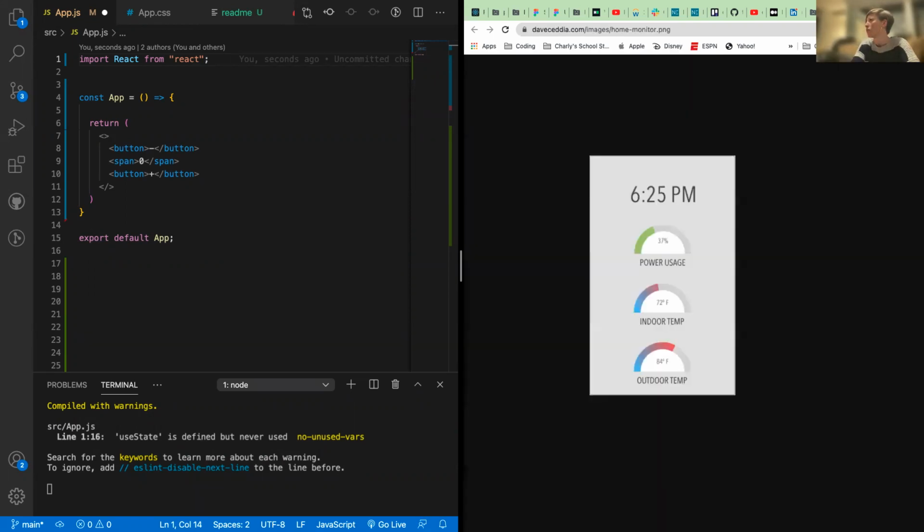And I wanted to show you this little visual. So here's an app for your home. And what on this changes? Pretty much everything, right? Like 625, that's going to change. The percentage of the power usage, the temperature, the outdoor temperature, they're all going to change. And if they're going to change, they have to have state. That's the only way that they can change in this app. So each of these things would have to have its own state